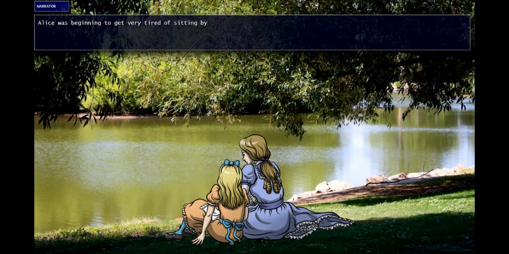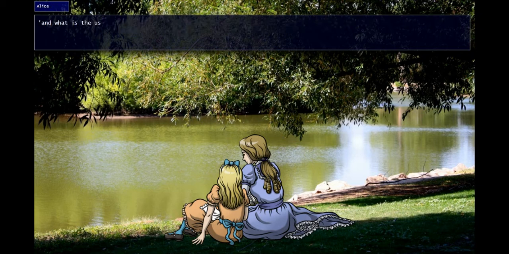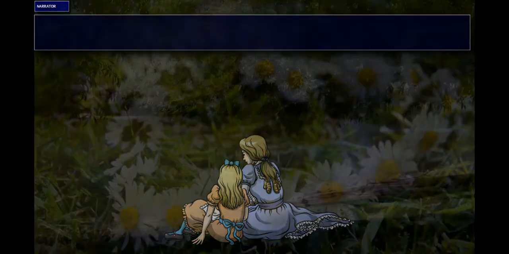Alice was beginning to get very tired of sitting by her sister on the bank, and of having nothing to do. Once or twice she had peeped into the book her sister was reading, but it had no pictures or conversations in it. And what is the use of a book, thought Alice, without pictures or conversations?